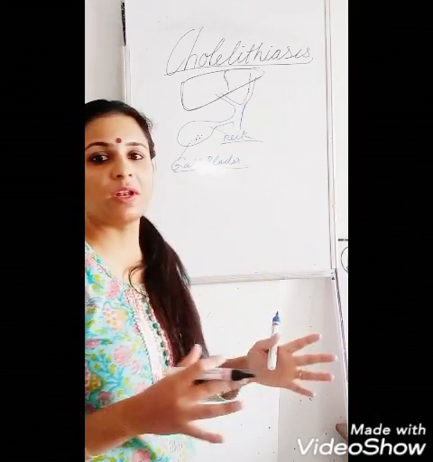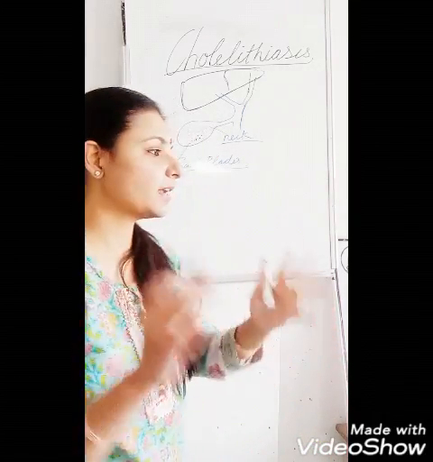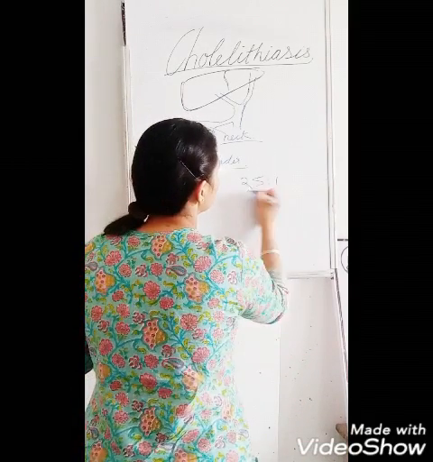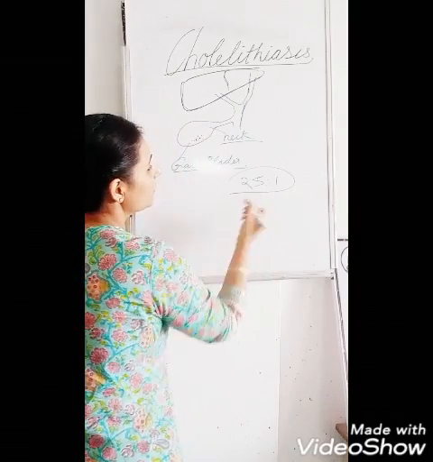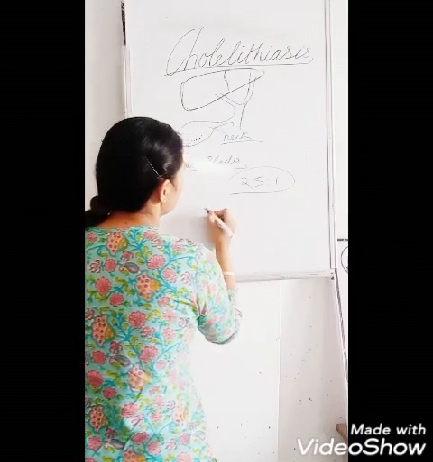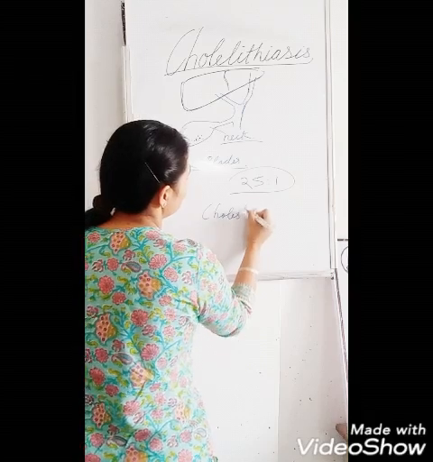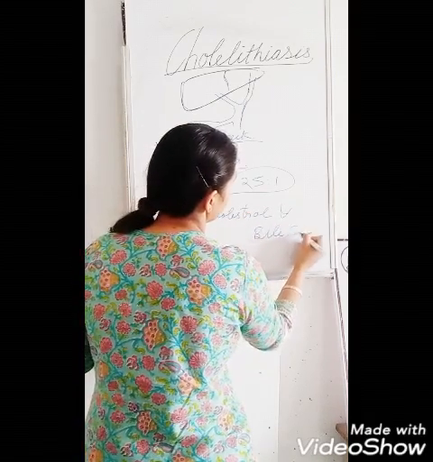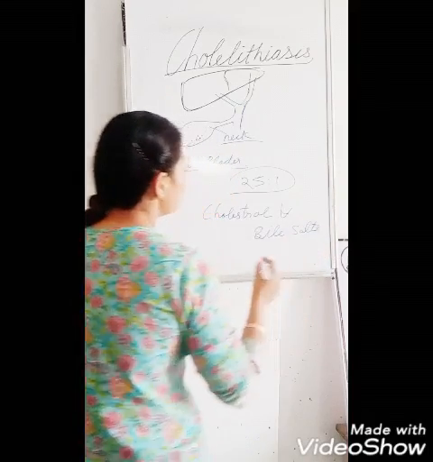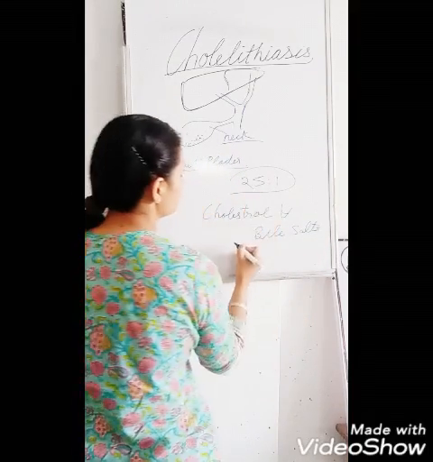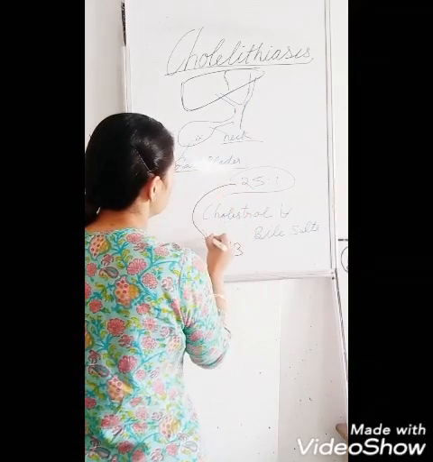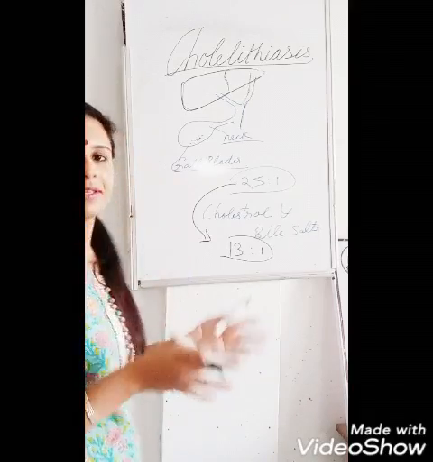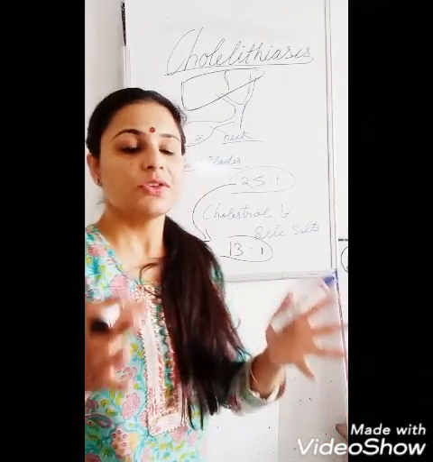that high cholesterol consumption will lead to excess of cholesterol in the body. There is a ratio of 25:1 of cholesterol and bile salts. This is the ratio of cholesterol and bile salts. But if this ratio drops to 13:1, if there is excess of cholesterol,